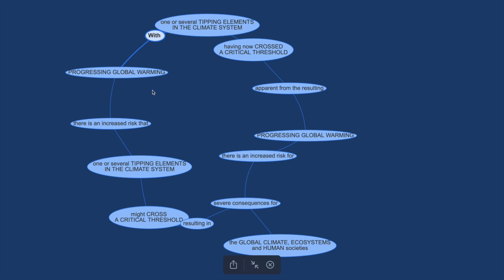And that's why you're having a progressive global warming. It's not like global warming goes berserk and it gets warmer and warmer, faster and faster, and then all of a sudden you get a climate tipping point crossed. That's putting the cart before the horse. It's like